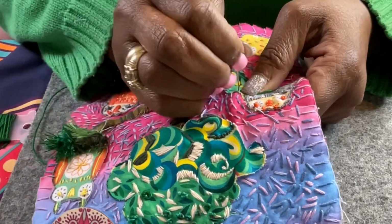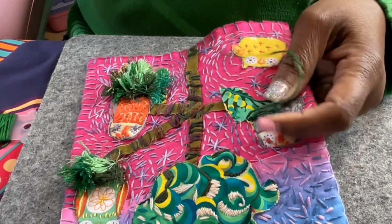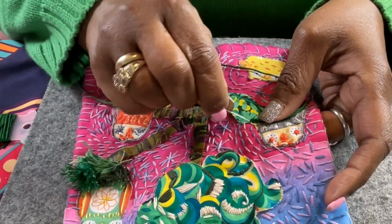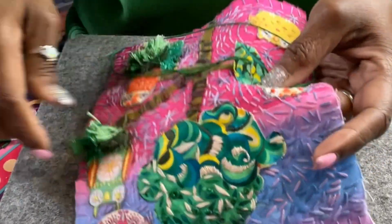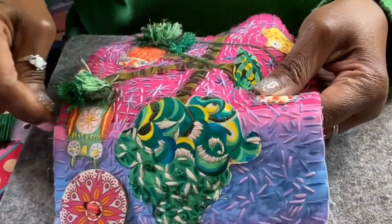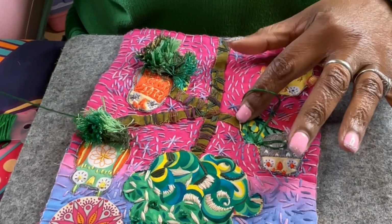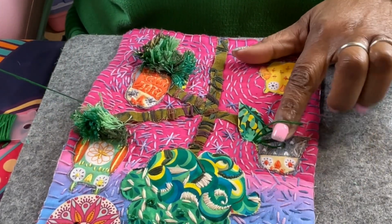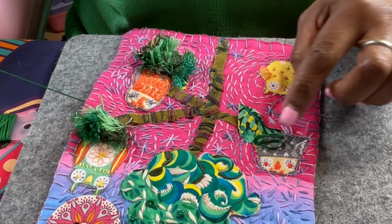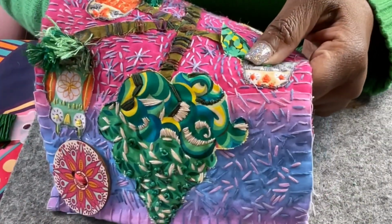So you come up, keep it the same, try to keep it the same size as possible, because basically we're going to cut this. So if you can even go smaller, it's okay, but by me showing y'all this stitch. Okay, so we have it. Make sure it's practically the same size as the other one, which it is. Hold it, and then you can